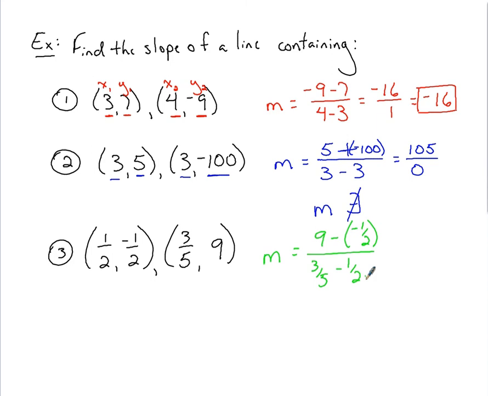So with all this fraction fun here, probably need some common denominators, right? So common denominator on top here is going to be 2. 9 is 18 over 2. You're adding on 1/2 because of the double negative. That's all over